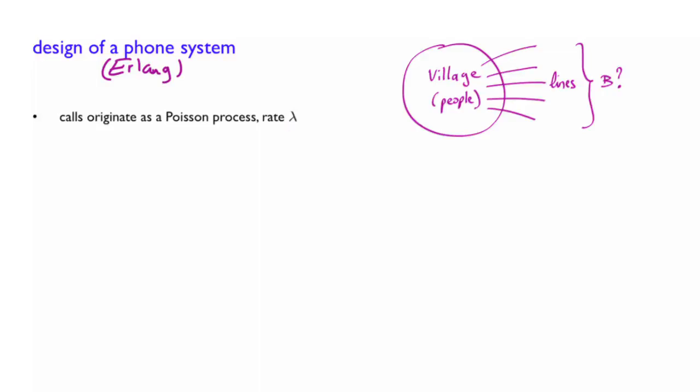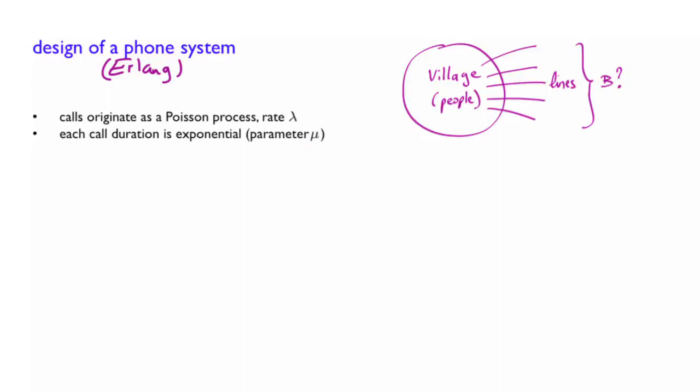For the phone calls themselves, we are going to assume that the duration of a phone call is a random variable that has an exponential distribution with a certain parameter mu. So 1 over mu is the mean duration of a phone call. Durations of phone calls are independent between each other. So here again, we assume that the parameter mu has been estimated. For example, the mean duration 1 over mu could be 3 minutes.